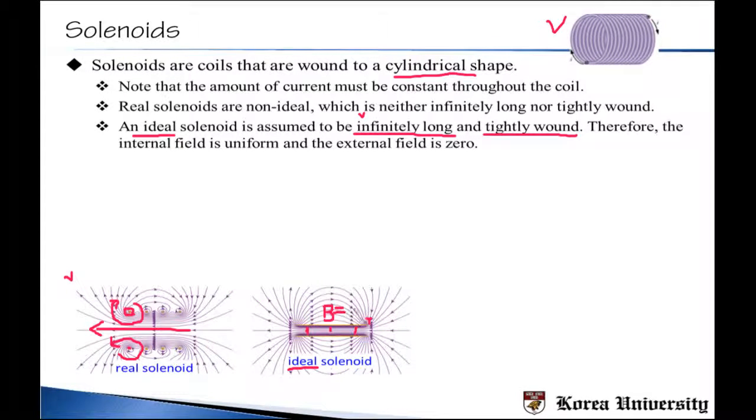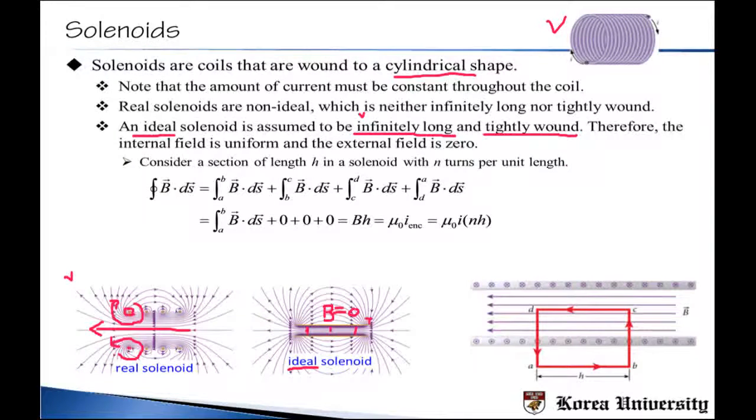Okay, is it possible? Of course it cannot be zero because the magnetic field has to come around. But of course, if you make the solenoid good enough, the actual size of the magnetic field outside will be very small compared to inside. So effectively, we can say it is close to zero. Okay, that's the situation we are assuming, and then we will try to understand how much magnetic field will be there when you have a solenoid